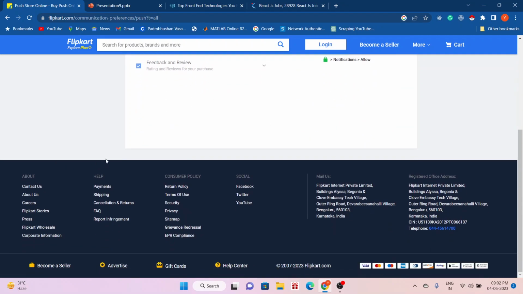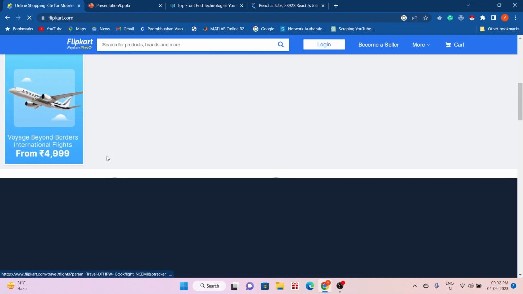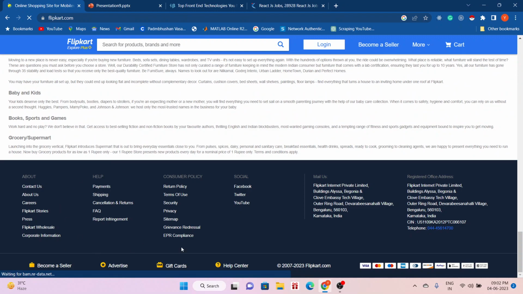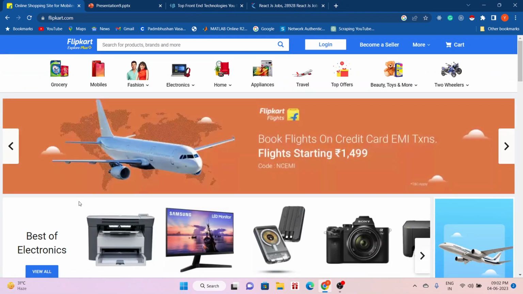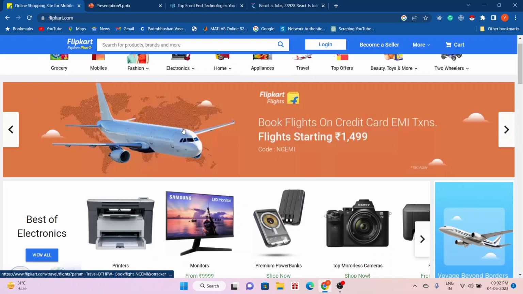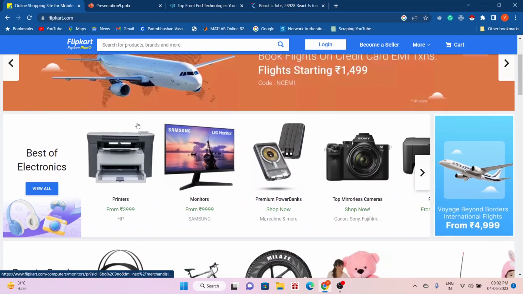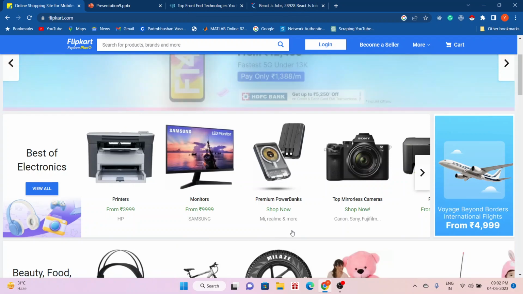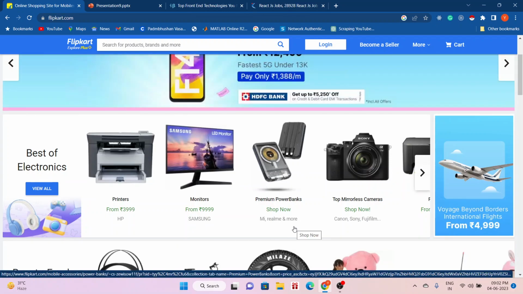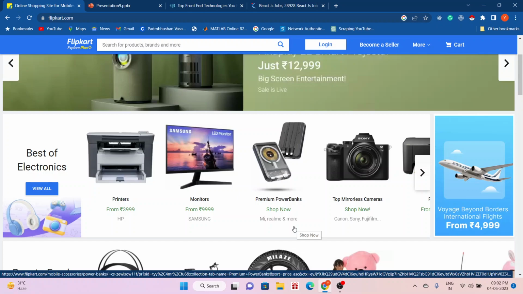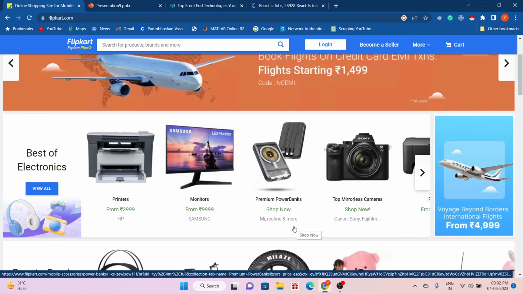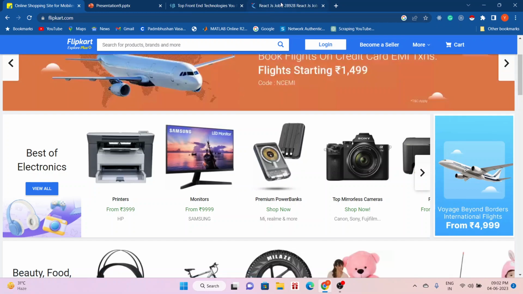As you can see here, the second component is the footer. If I again redirect to the home page, you can see that the footer will still be at the bottom, right? So these are the small components. This whole section is one component, these cards are one small component, then this whole container is one component. In this way we can utilize these components and reuse them again in another web page, right? So next point is,